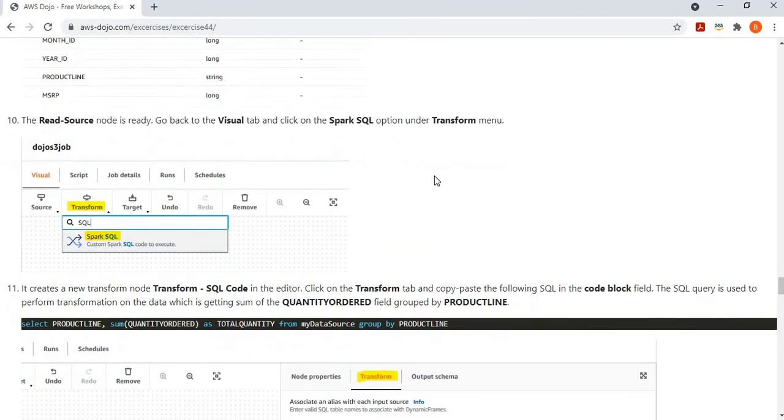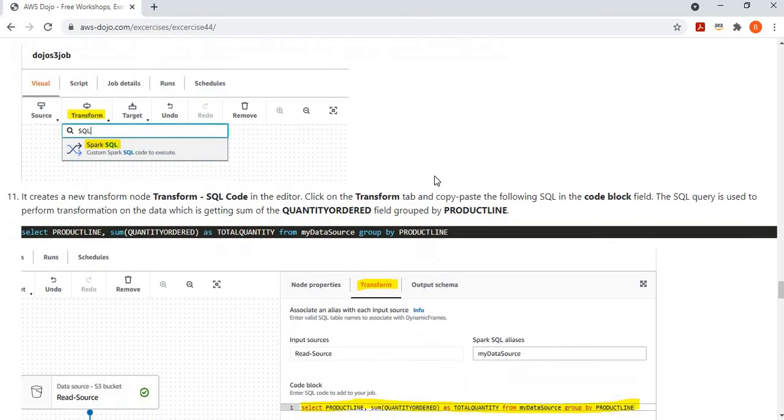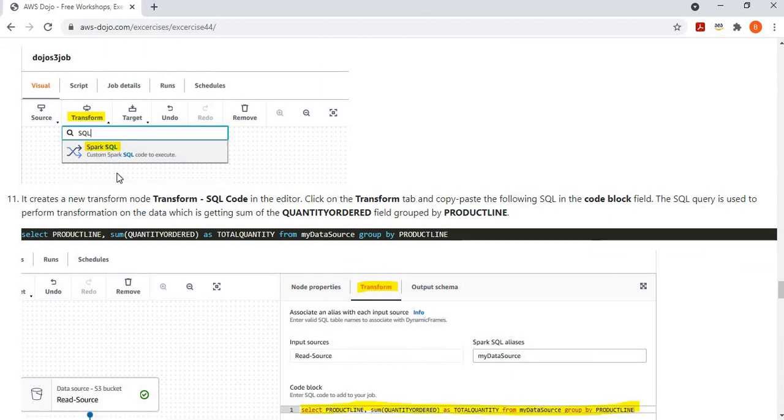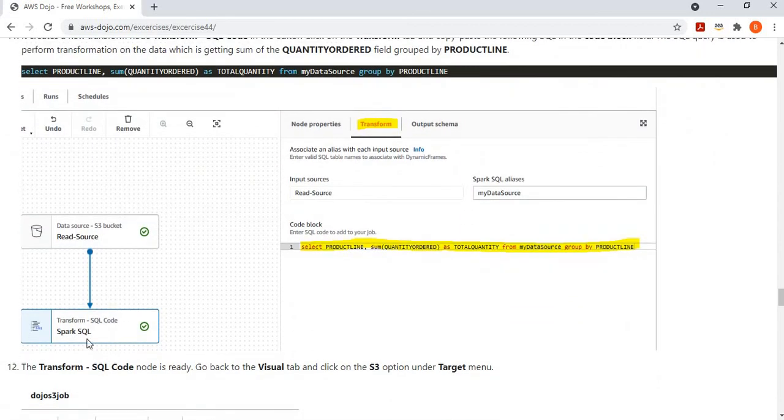Now I want to perform the transformation using Spark SQL. So for that, we go to the transform node and say we want to use the Spark SQL code-based transformation. So we simply put the Spark SQL code here. It has automatically been configured to take data from the read source. So whatever data is coming from the read source, the Spark SQL will take as an input. Then we go to this